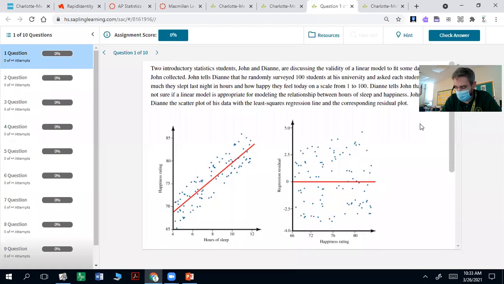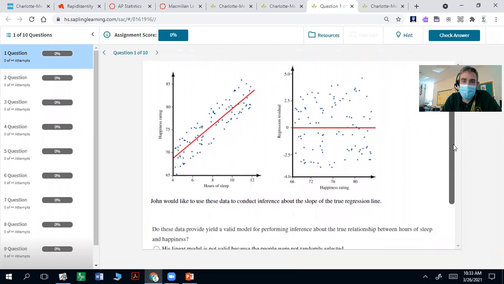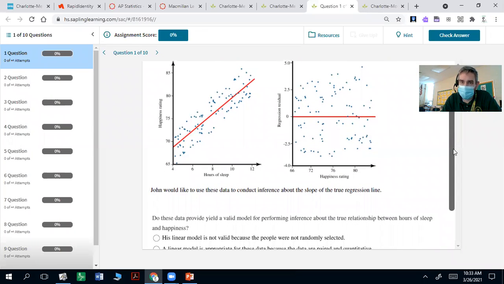Now you might remember this from Unit 2, which had the 2 variable data. And if I were to design the textbook, I probably would put this with that unit. It just seems like it would flow a little bit better, but I'm not a textbook designer. So here we go. John would like to use these data to conduct inference about the slope of the true regression line. So first thing is,